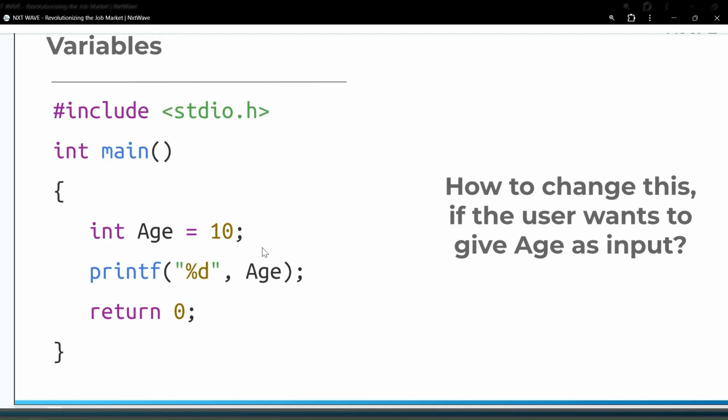Let us begin today's C programming class. In previous classes, we have discussed what variables are. Variables are nothing but declaring the value. How to change this if the user wants to give an age as an input? Here we have discussed in our previous classes that #include <stdio.h> includes